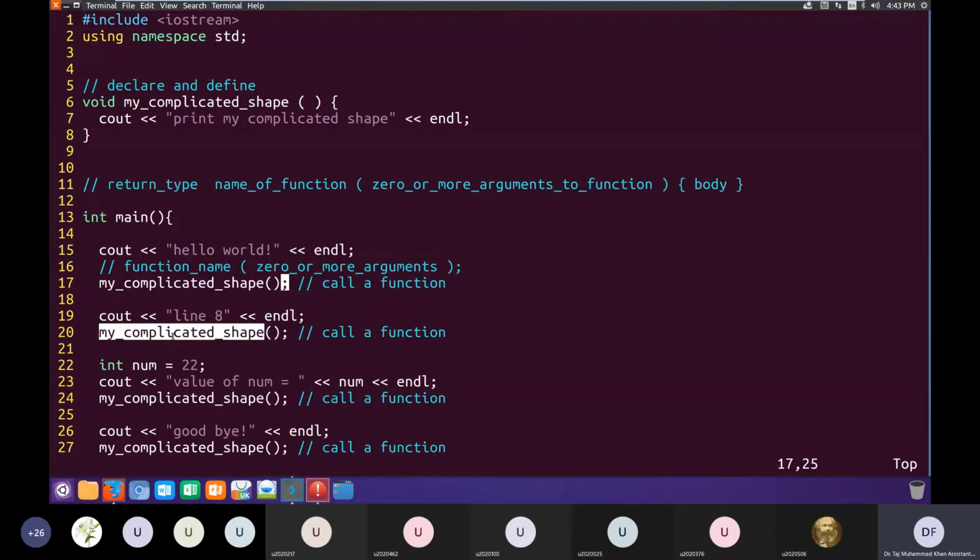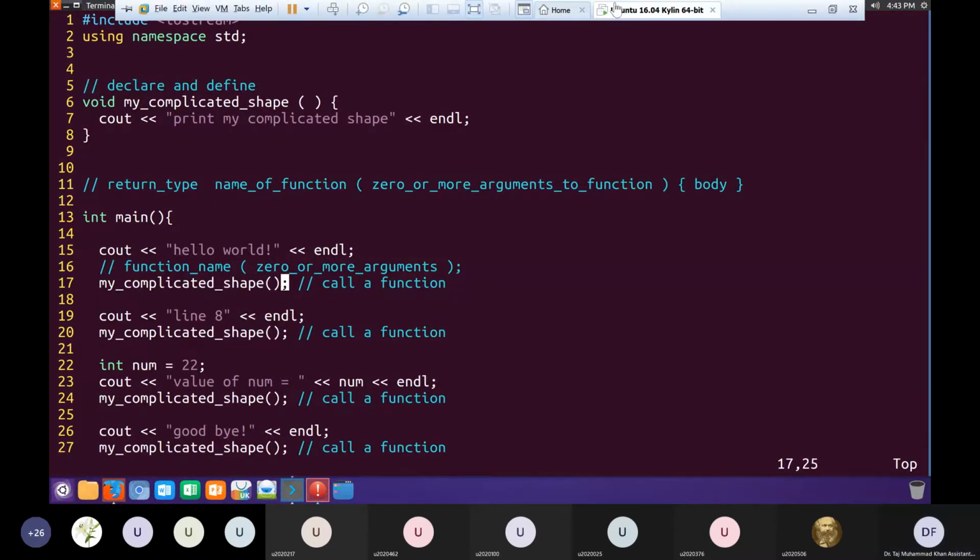Again, we call it again here at line 20. It will do exactly the same thing, execute the body of that function here at line 20. And similarly at line 24 and 27. So calling basically is whenever you want to execute the code of that function, you call that function.